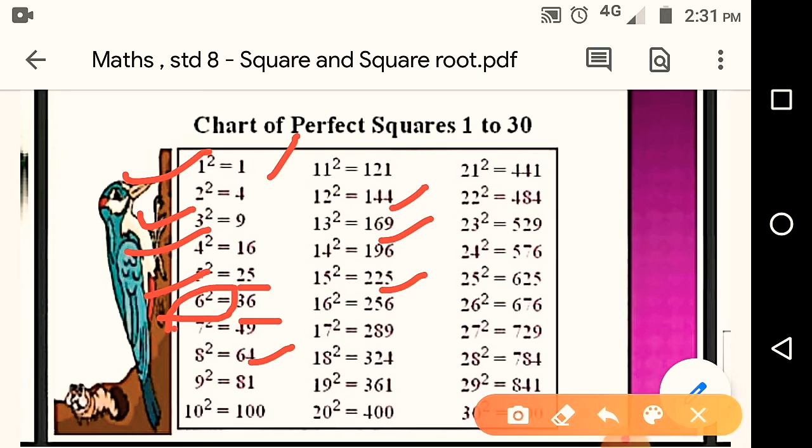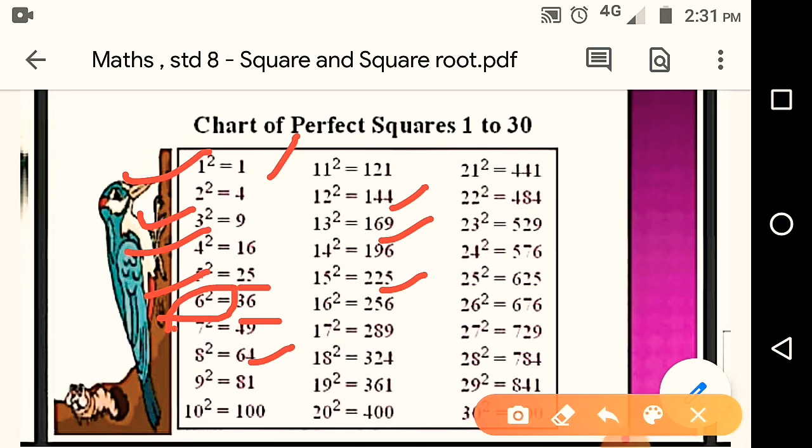So if you learn it, it will be helpful for you when you do textual exercise. Till 20 it is easy to learn. If you can learn till 30 then it is well and good. Till 10 and 20 it is easy because it is just like tables. 4 square means 4 fours are 16. 5 square means 5 fives are 25. Same way 10 square, 10 tens are 100. So this way you can learn it. So it will be helpful when you will do textual exercise.